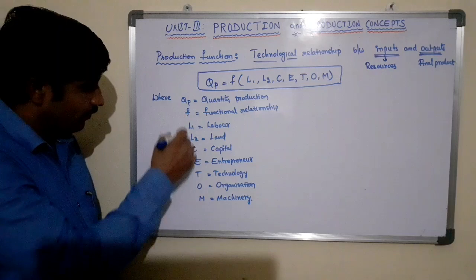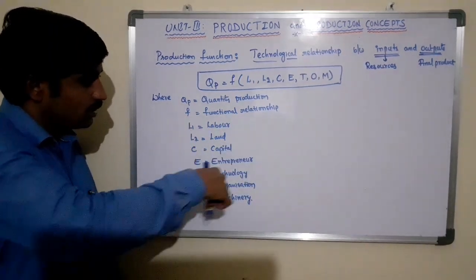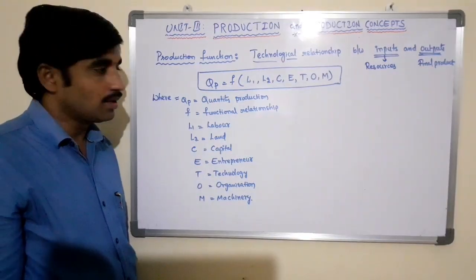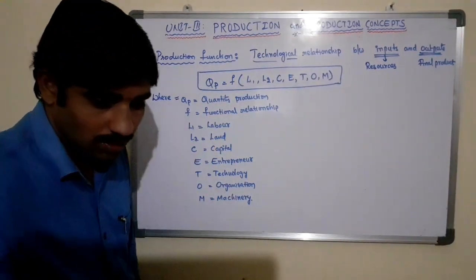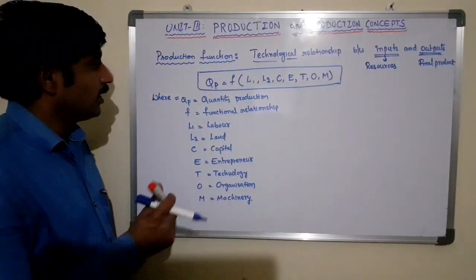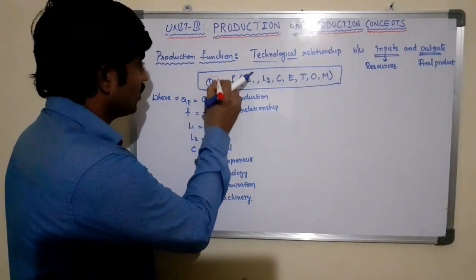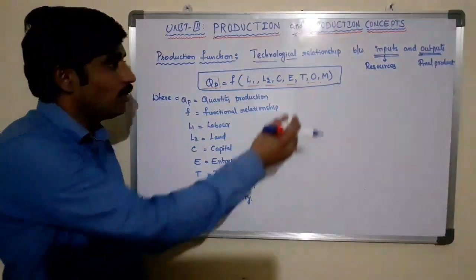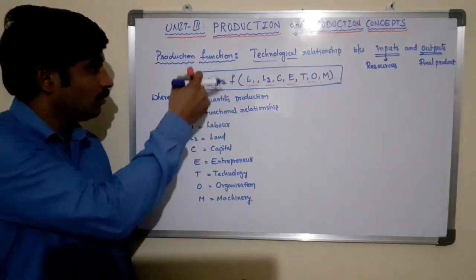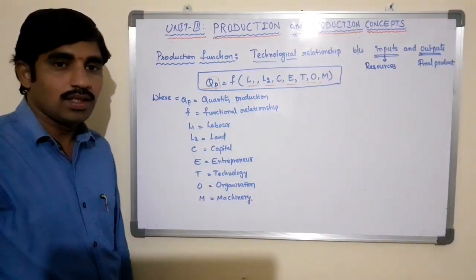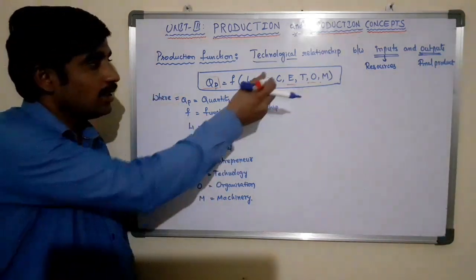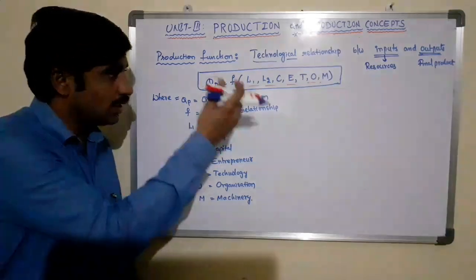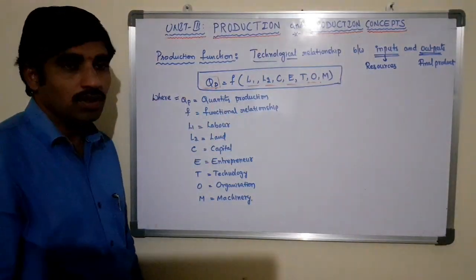So they are the different inputs, a group of inputs, used to produce this quantity of production. The functional relationship between this set of inputs and the quantity of production is known as the production function. Here, more changes in the inputs mean more changes in the quantity of production and vice versa. Increasing the inputs increases the quantity of production; decreasing the inputs decreases the quantity of production.